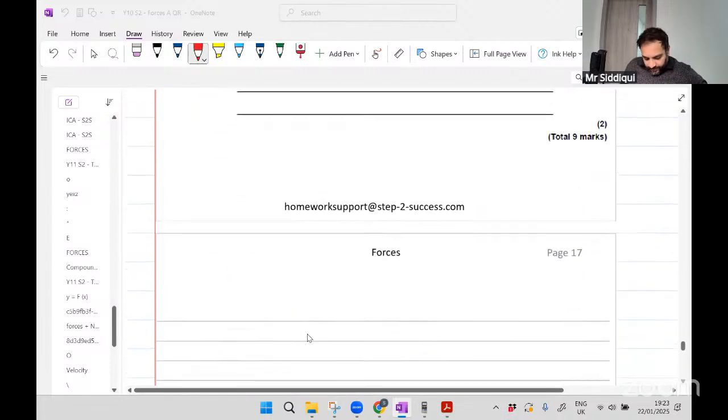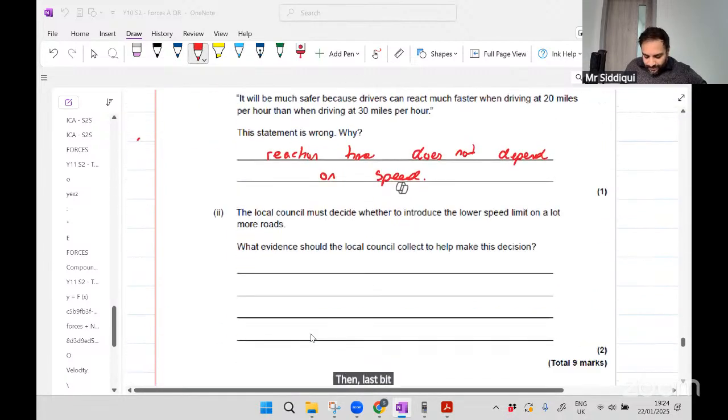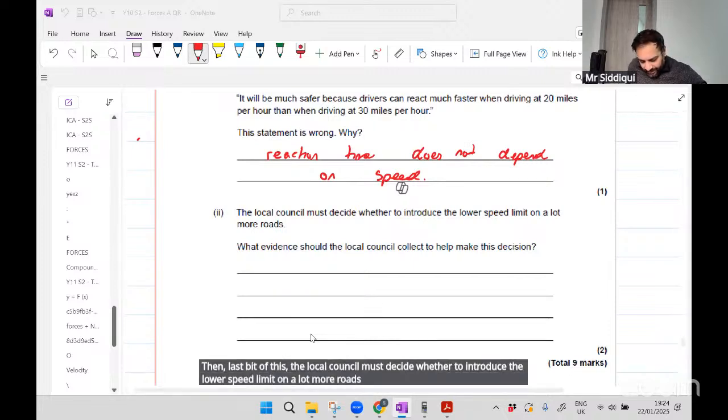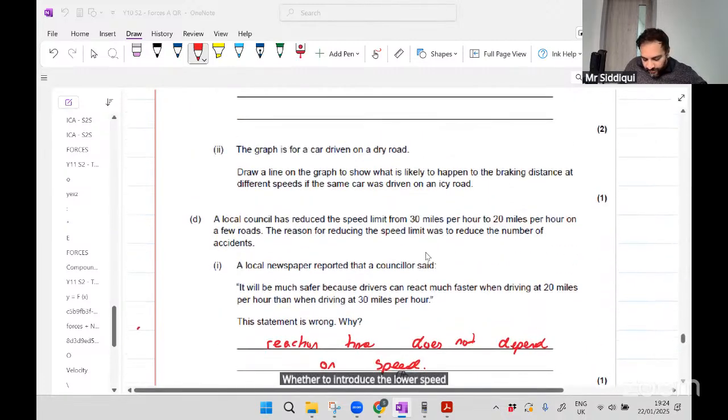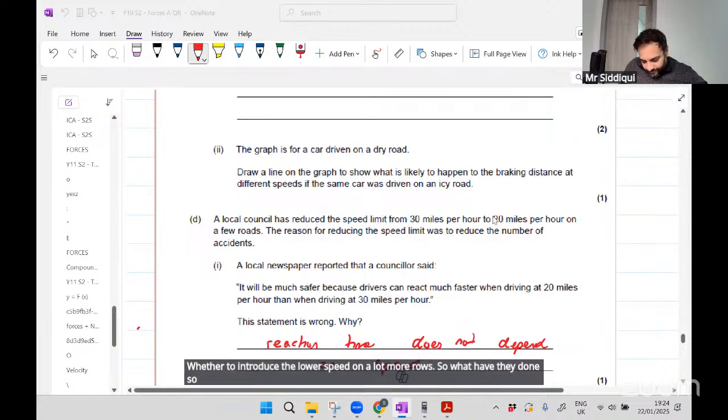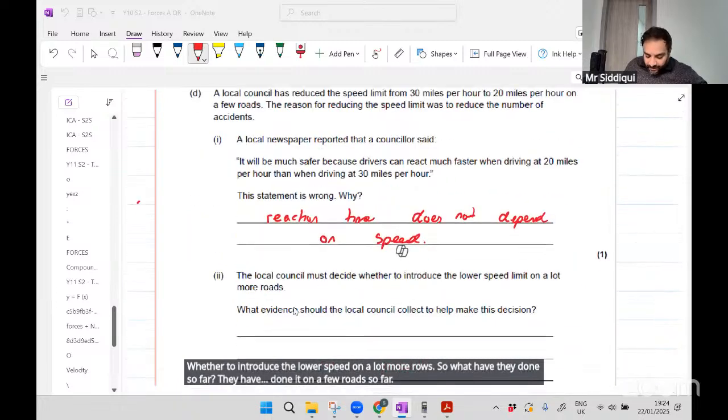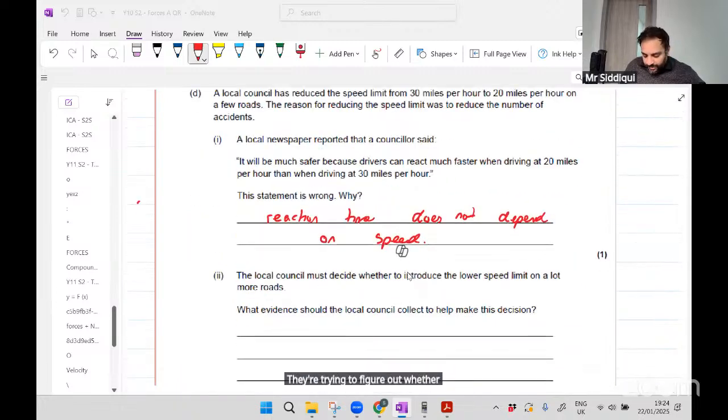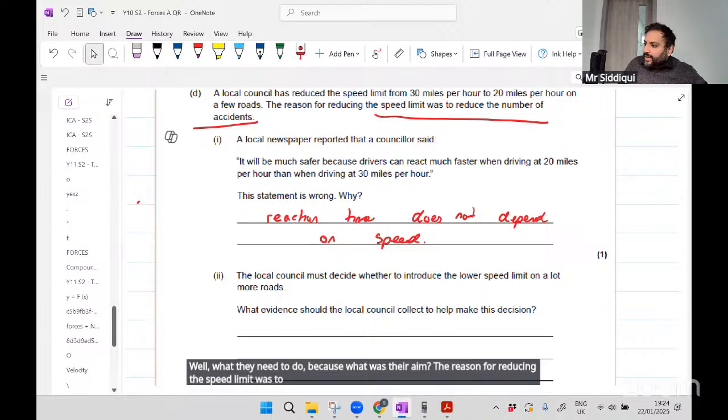Then, last bit of this, the local council must decide whether to introduce the lower speed limit on a lot more roads. What evidence should the local council collect to help them make this decision? So what have they done so far? They have done it on a few roads so far. They're trying to figure out whether they should do this on more roads. Well, what was their aim? The reason for reducing the speed limit was to reduce the number of accidents. So surely what they need to do is